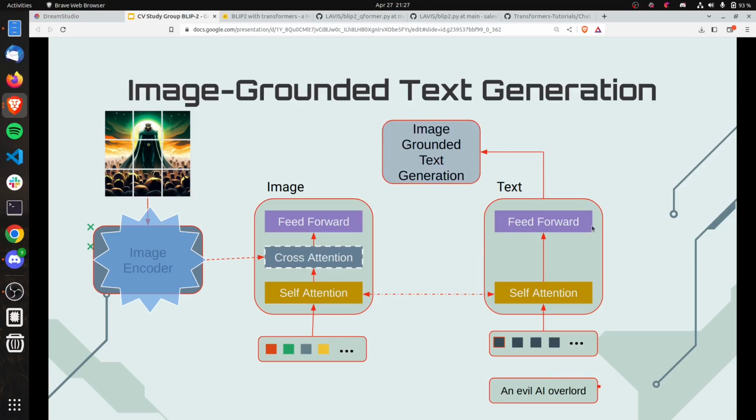So in the end, up here you get the image grounded text generation, then you can compare it, and then you get your loss. I think in the code I saw it's just a language modeling loss in the end. Don't ask me too much about this step. As I said, it's the one I understood the least. But what you can keep in mind is they try to create captions from it, using the text stack here. And they've got this causal self-attention mask.